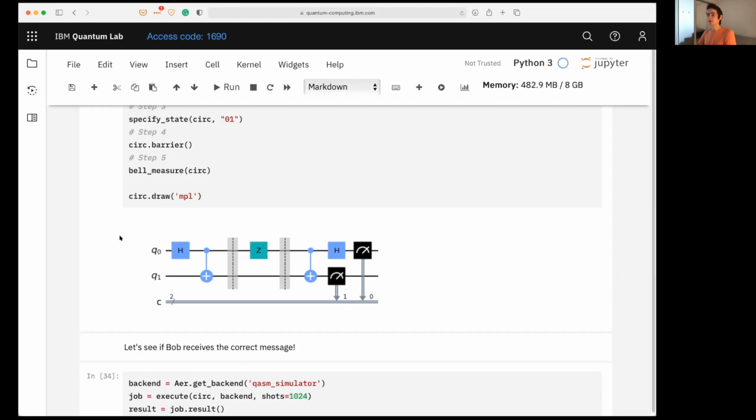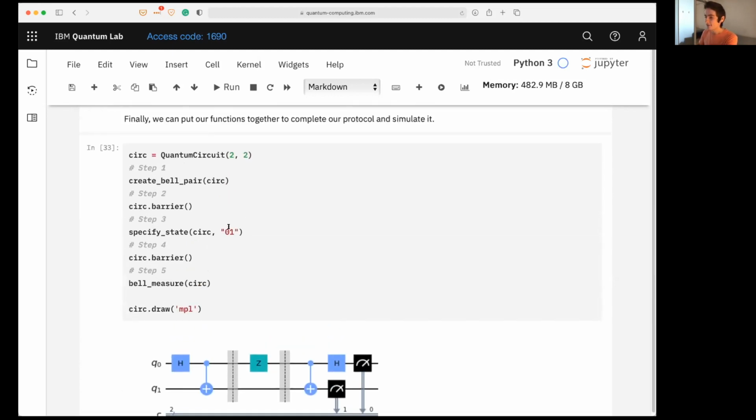Oh, I see. This person who was asking clarified their question. They were just asking, for fun, how would you pass in a random message here? There's a couple of different ways to do this. This is just a Python question, though. You want to generate a random 2-bit string. You can Google how to do that. Off the top of my head, one way to do it would be this. I'll need to